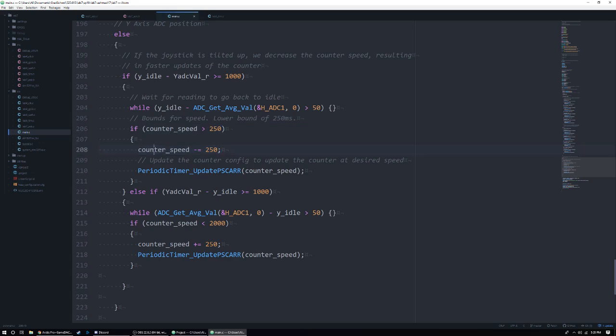So I guess really what I should have called this is counter rate or something, or seconds rate or something. I don't know. But this is basically a millisecond representation for how fast the LEDs update, and it's bound at 250 milliseconds at the lower range. Then we go ahead and update the periodic timer,